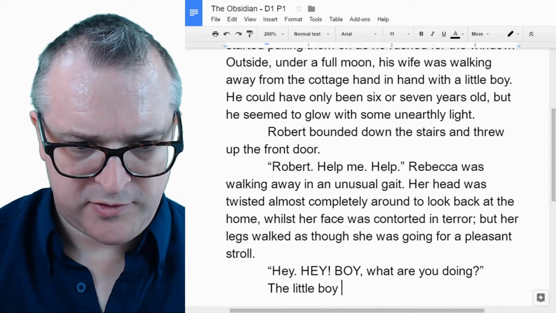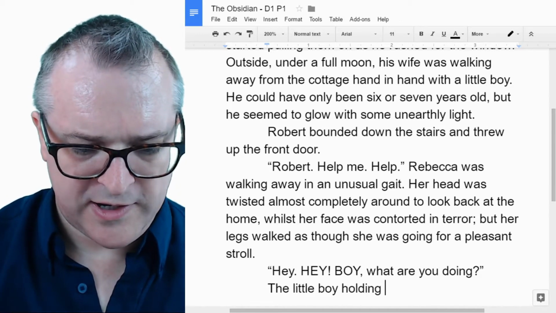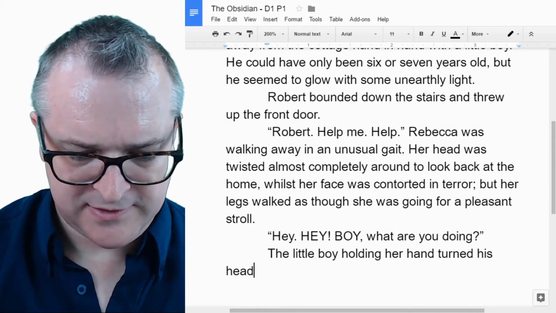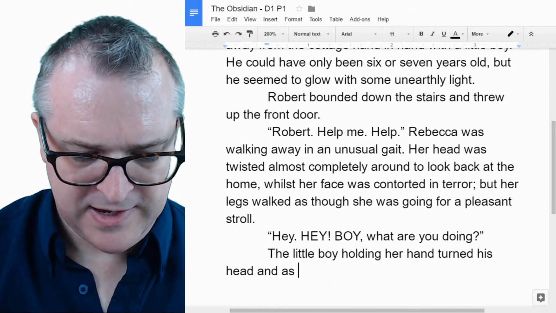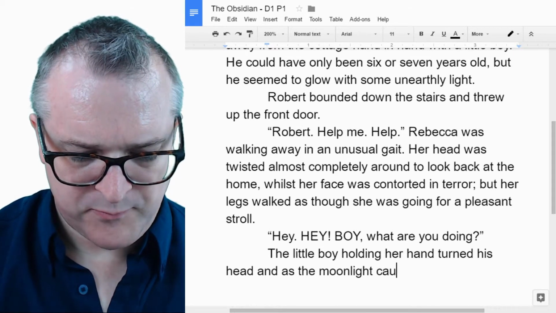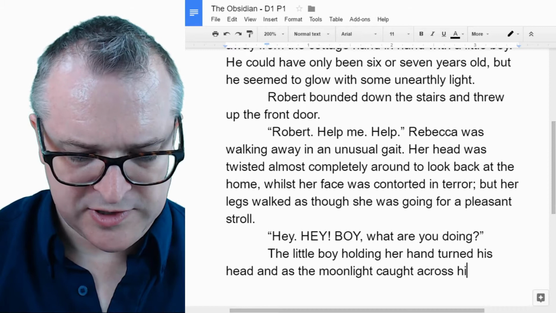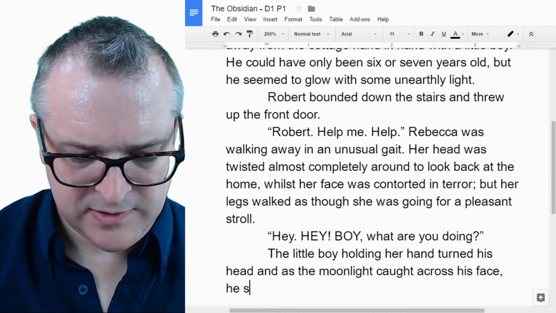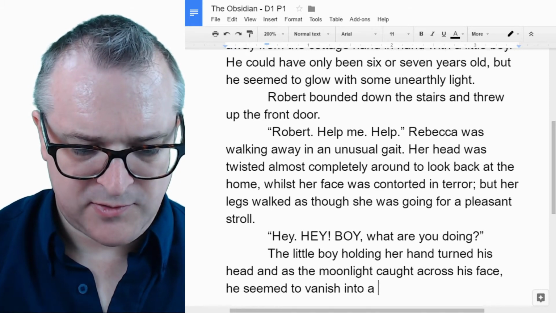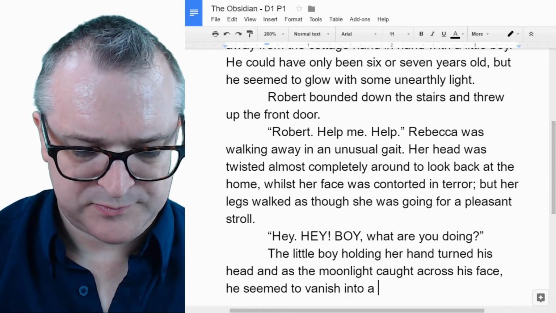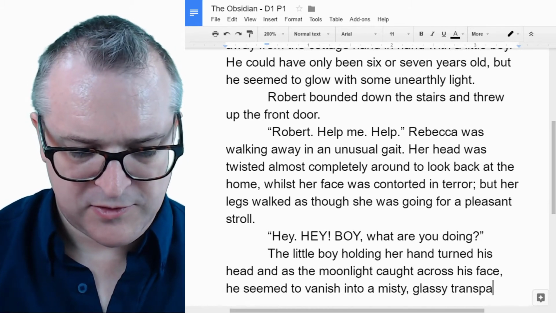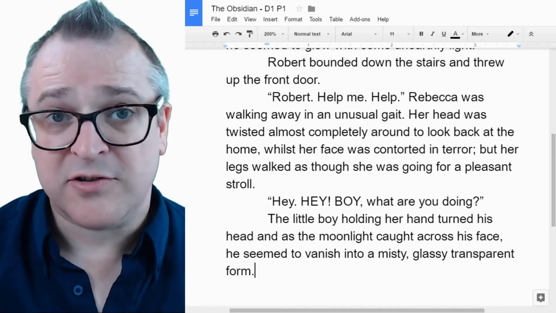The little boy, holding her hand, turned his head, as per se, and as the moonlight caught across his face, he seemed to vanish into a misty, glassy, transparent form. I told you this would be terrible.